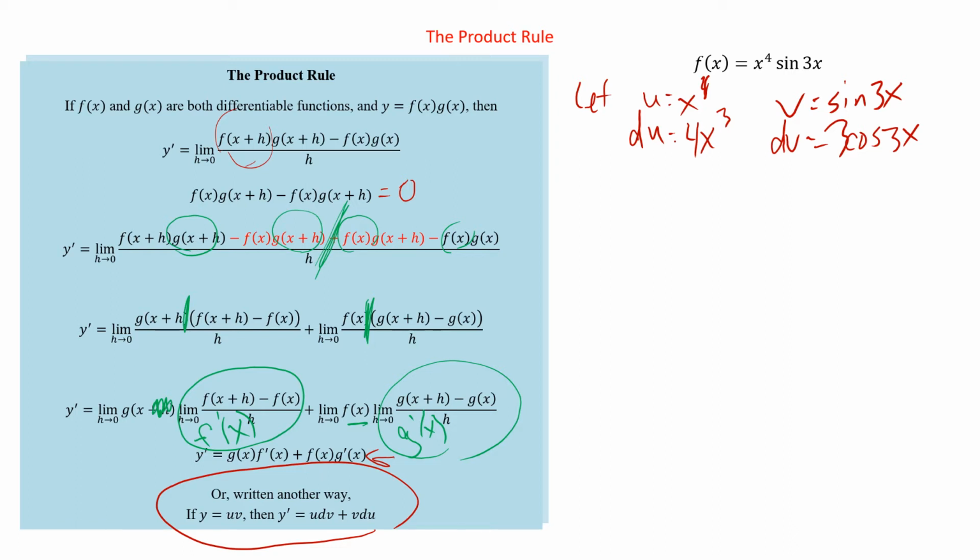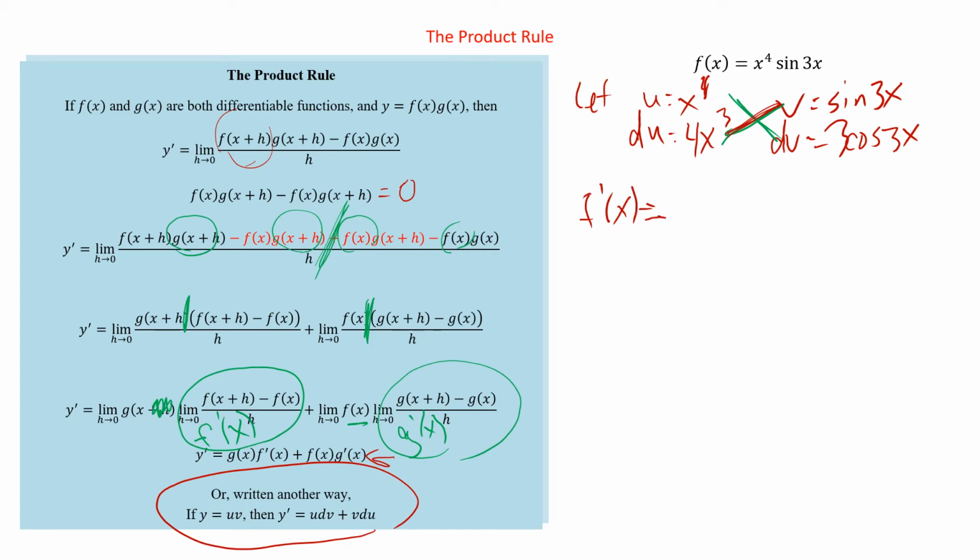Now we're just going to cross multiply, basically. We're going to take these two and multiply, and we're going to take these two and multiply. Then we just need to add them together. And I generally will go with this one first. I like doing that one first. We'll see why in the quotient rule. Here it doesn't actually make a difference, but in the quotient rule it does. So we have that. So f prime of x